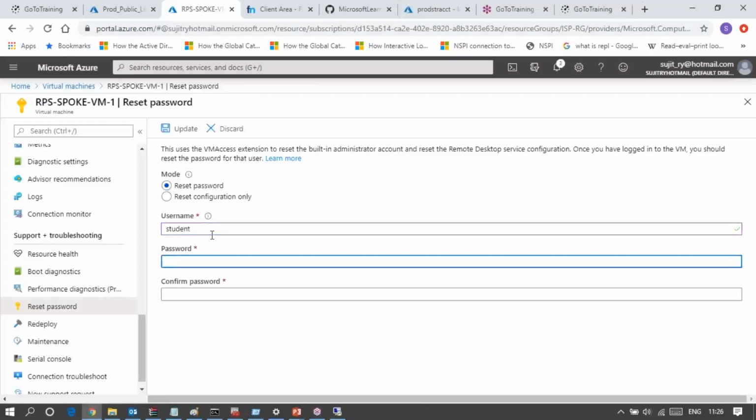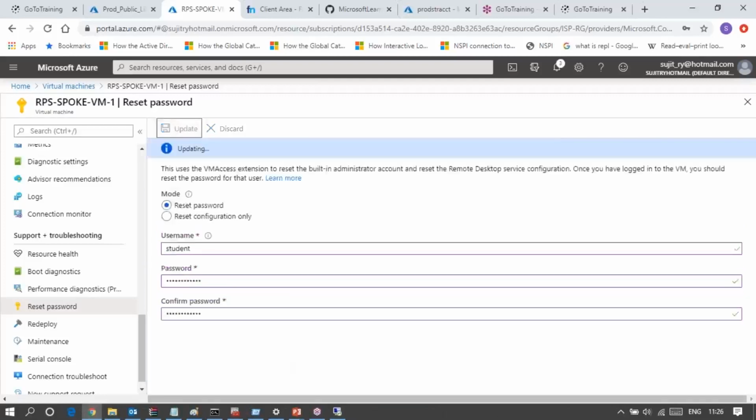Student password is 55.rb3. Update it. Once you have logged into the VM, you should reset the password for that user. Let's see.